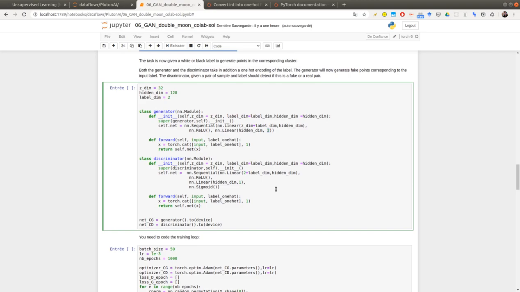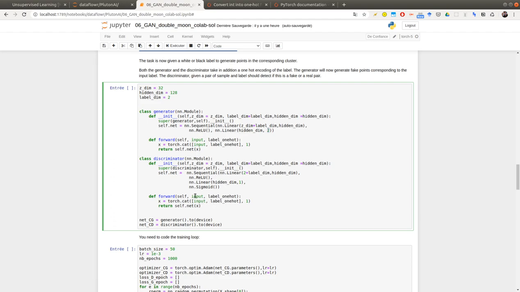For the discriminator, now I'm also making a small modification. I'm taking a 2D point in the Euclidean space plus a label, concatenating this and passing it through my discriminator.